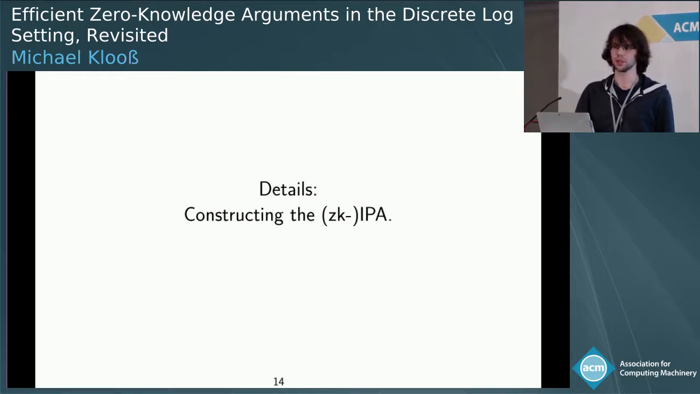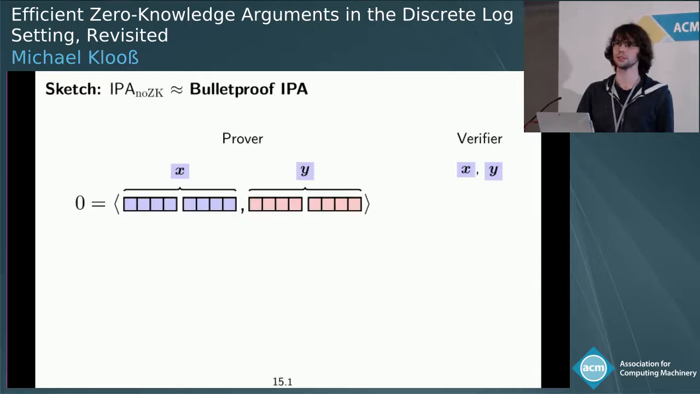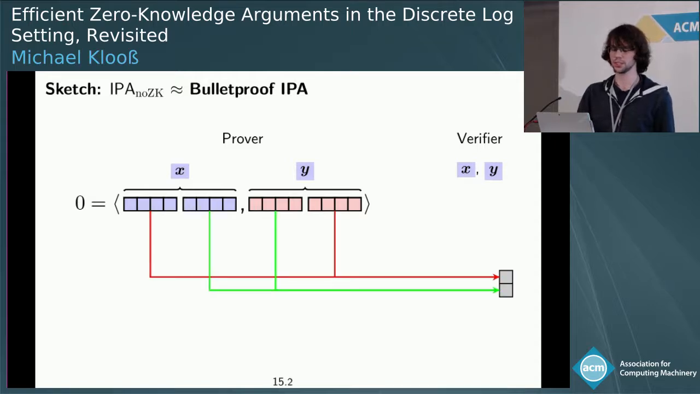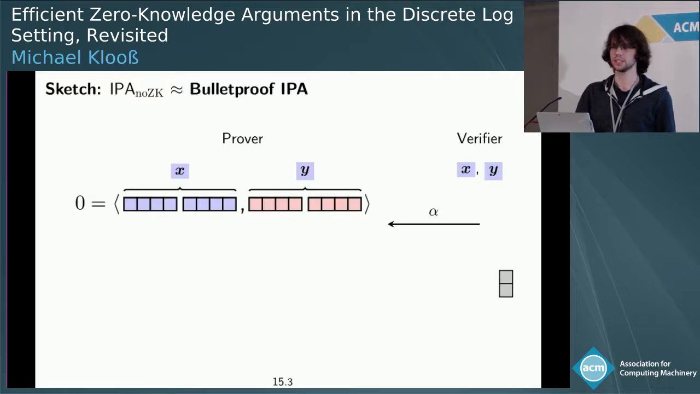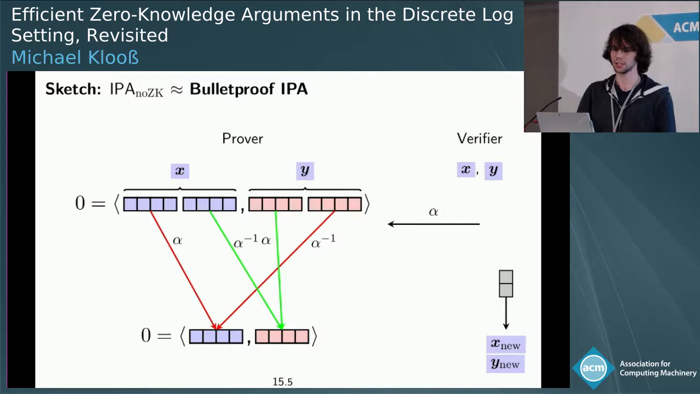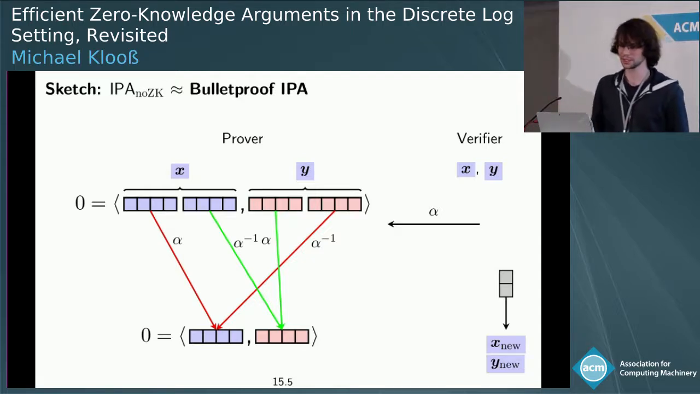So let's construct this zero knowledge inner product argument. So first, let's recall the non-zero knowledge inner product argument. The setting is the prover and verifier have these commitments to x and y, and the prover will split these into two halves and then send certain linear combinations or just additions of these halves to the verifier. And the verifier will then send a challenge back, and we do a combination of these halves like this, and now we've got a new statement, x new, y new,